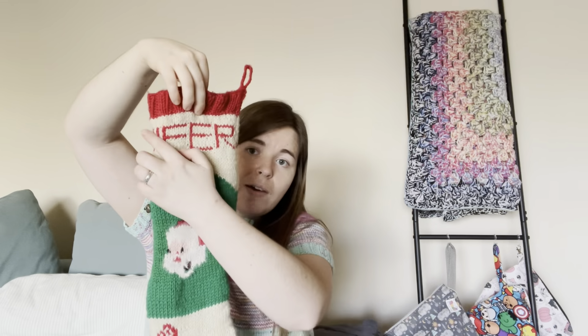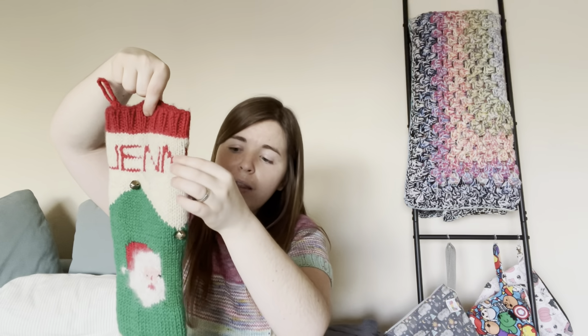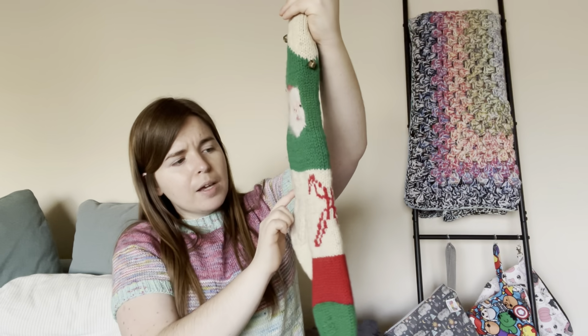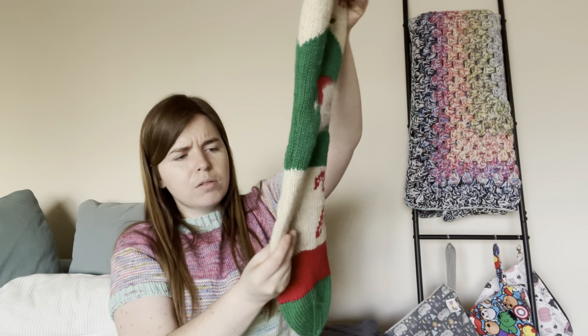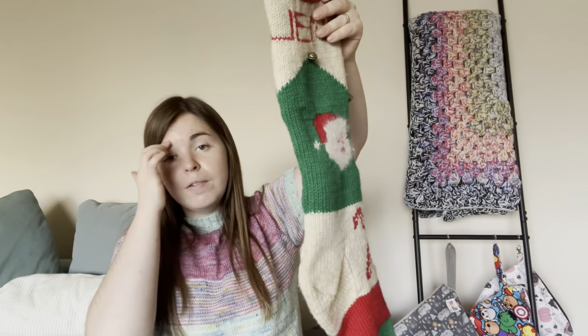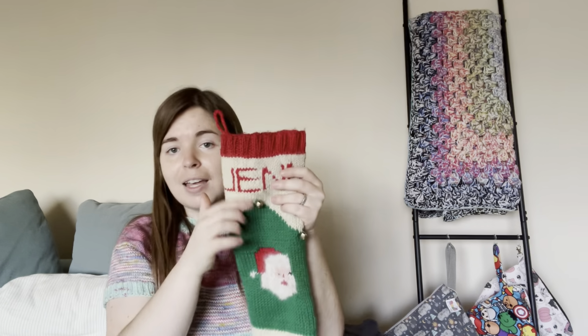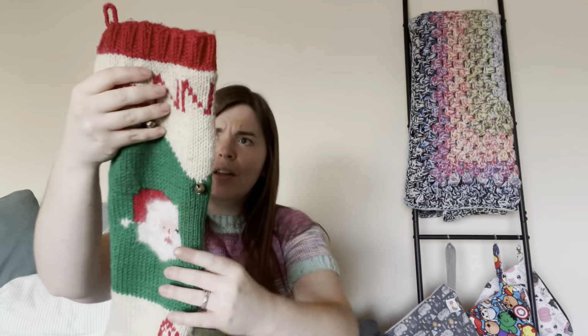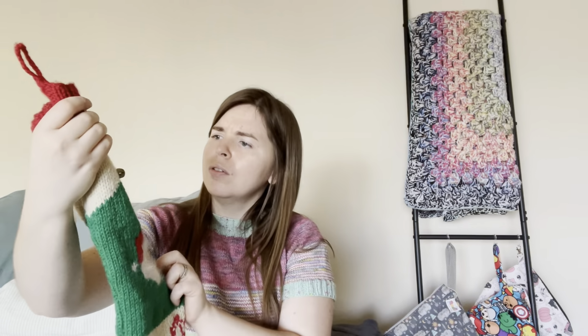And so they have a colorwork name at the top. Hers is knitted flat, and then she picks up around, I believe around the heel, and starts knitting it in the round, which is kind of a cool construction. It's got these bells on it. It's got this colorwork Santa,